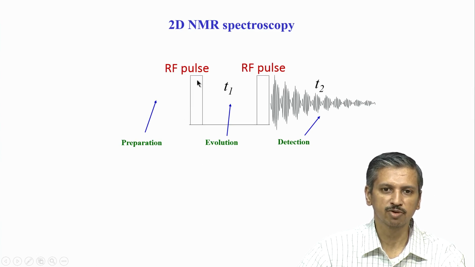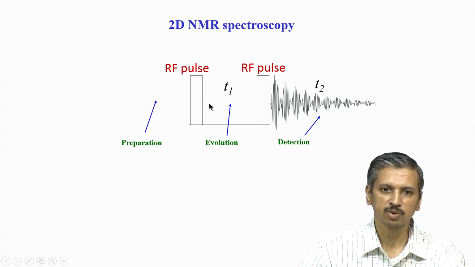If you recall the previous slide, we said we apply an RF pulse on spin I. This pulse is the pulse before which we have to prepare the system in equilibrium, and that is similar to the 1D pulse sequence I showed you in the previous class when we did the 1D part, and there we had what is called the relaxation delay, and that depends on the T1 of your sample. Similarly here, this preparation period depends on the T1 relaxation value of the sample or the molecule.